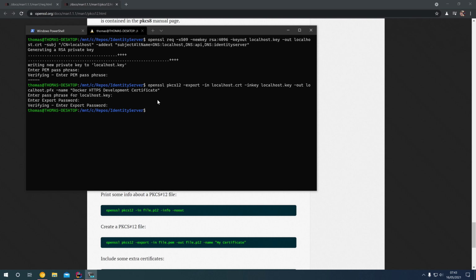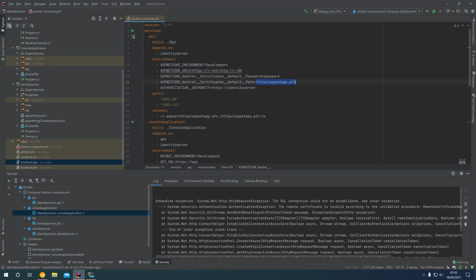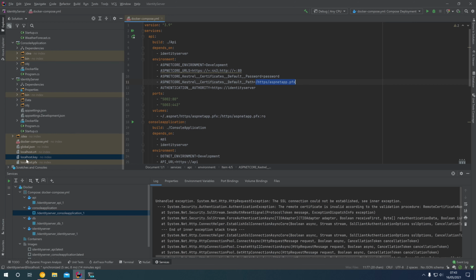I'm going to use password there just to verify that a second time. And if we now come back into our IdentityServer solution, you'll notice we now have our localhost.pfx file. So we have our CRT and our key file that we generated first of all, which is our public certificate and our private key. And we then have our PFX certificate, which we can then use to secure the SSL